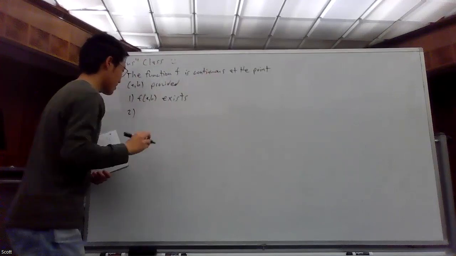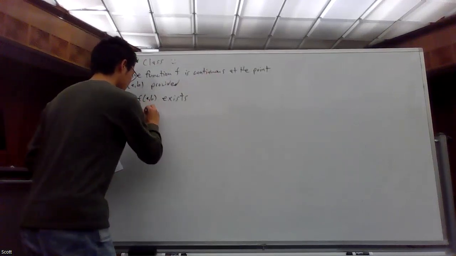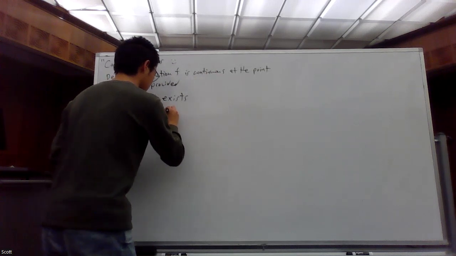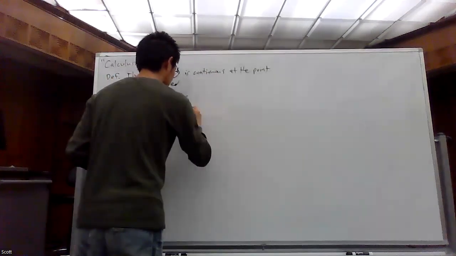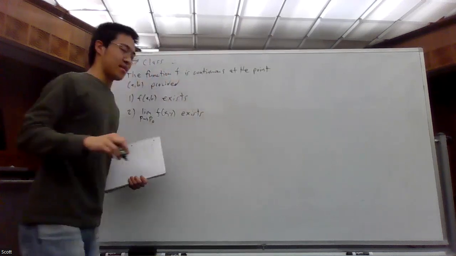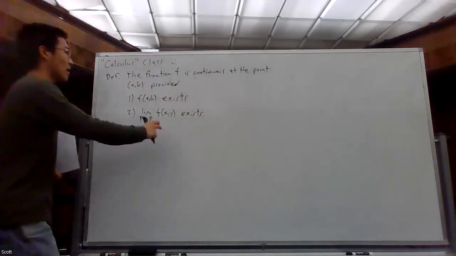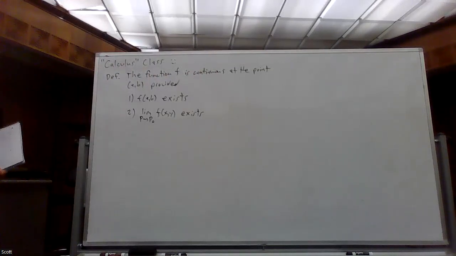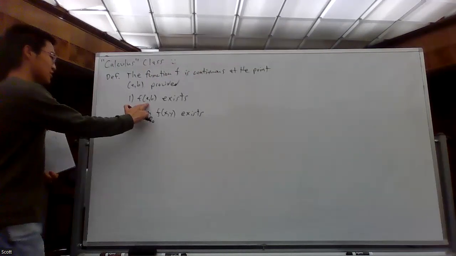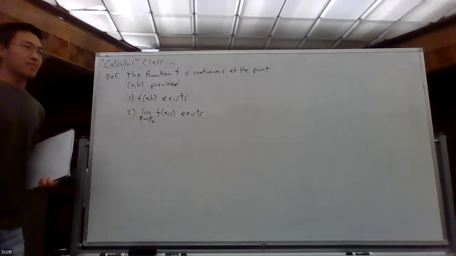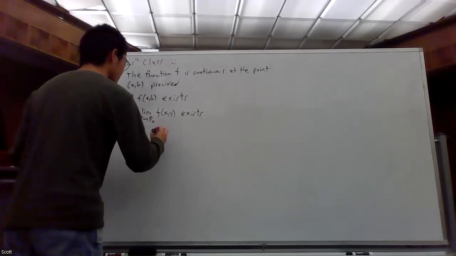And then the second thing that we got to check is that the limit as p goes to p naught of your function actually exists. Because again, why bother? If you know that the limit doesn't even exist, it's broken, it's not going to be continuous. So the limit actually has to exist at that point. You got to be approaching the same exact thing to that point.